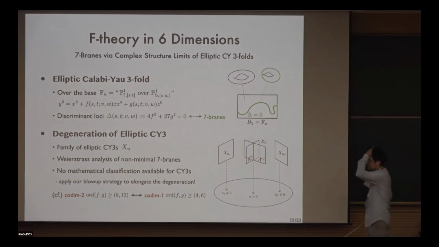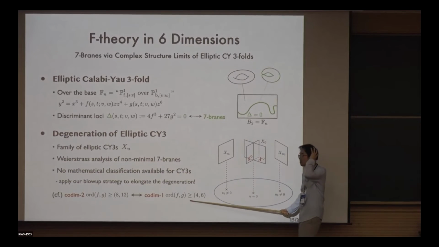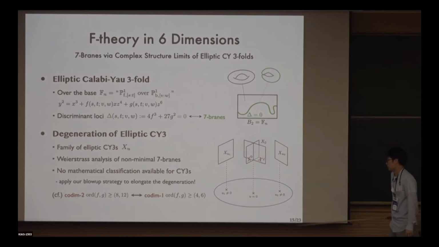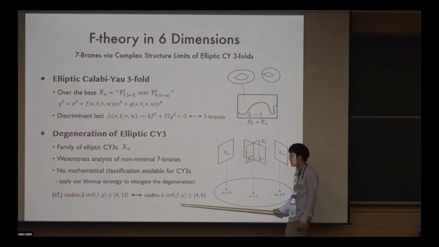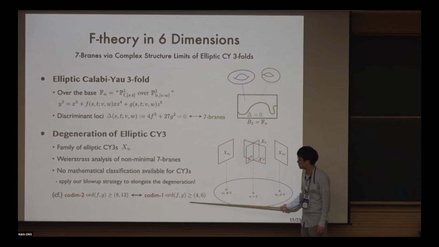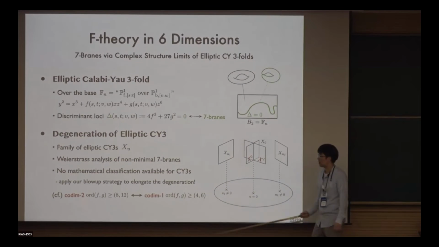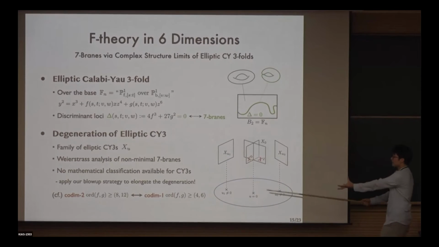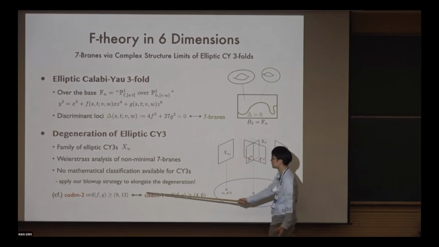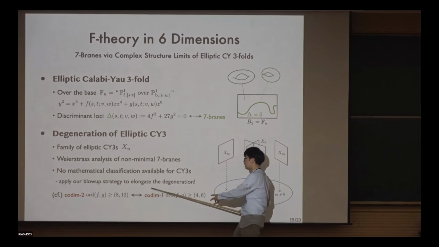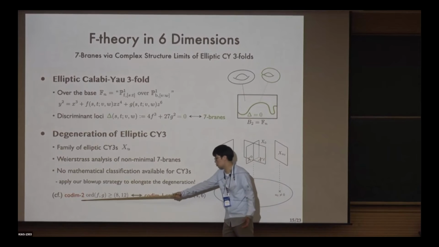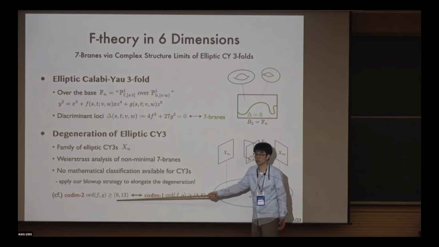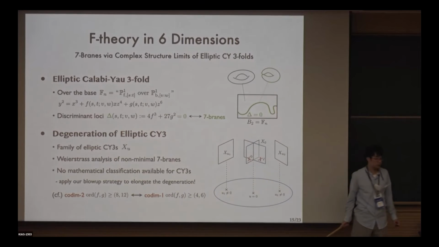As a quick side remark, for the 6D experts in the audience, I see many of them: what we are discussing here is non-minimal fibers at codimension 1 loci on the base, exclusively in codimension 1. If you translate this into codimension 2 language, this is at least associated with a certain codimension 2 singular fiber, but with vanishing orders bigger than or equal to (4,6,12)... that is, very highly singular codimension 2 fibers.